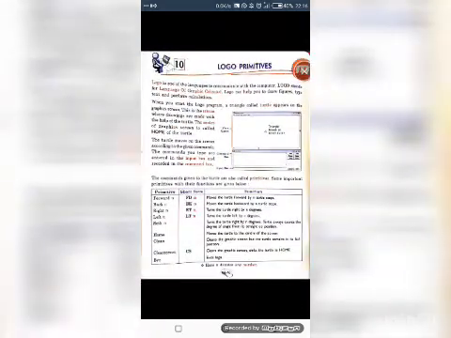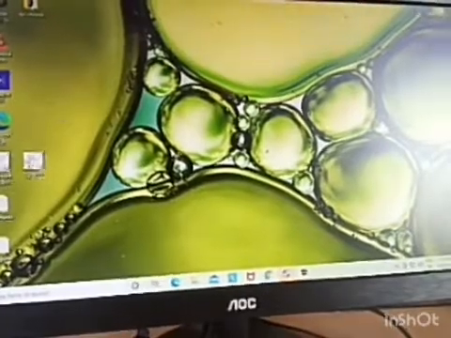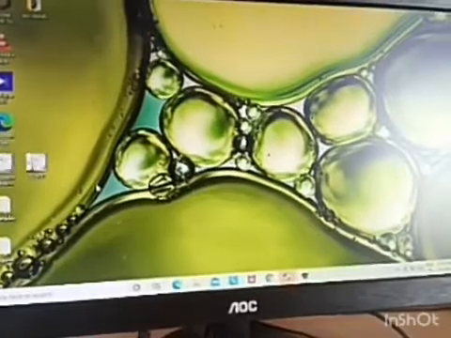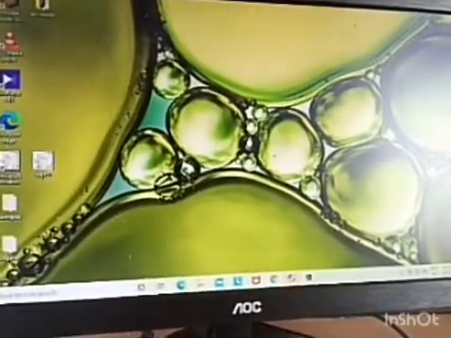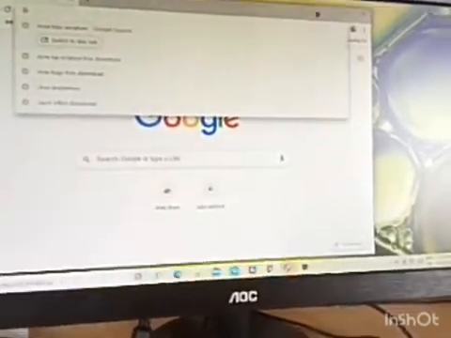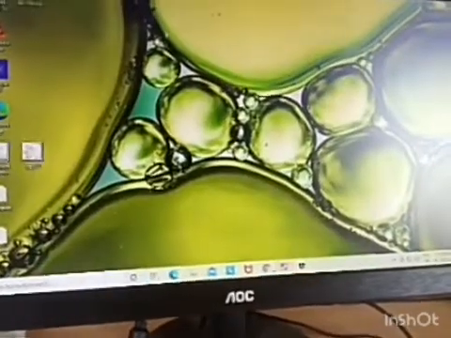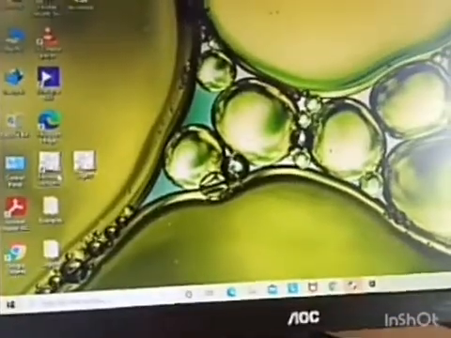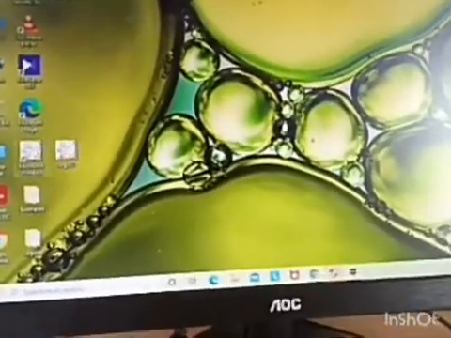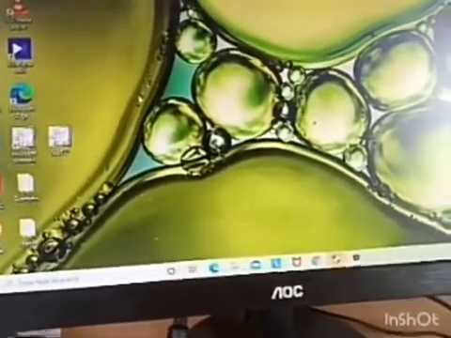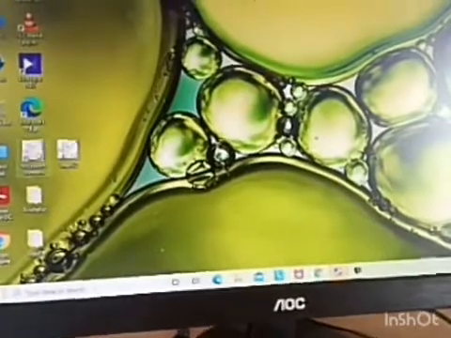So let's start. If you have any system with you, then you can download MSW logo in your system. You just have to write MSW logo Windows download, and then you can download it. So I have installed that, and I have Microsoft Windows logo on my desktop. So let's open it by double clicking on it.